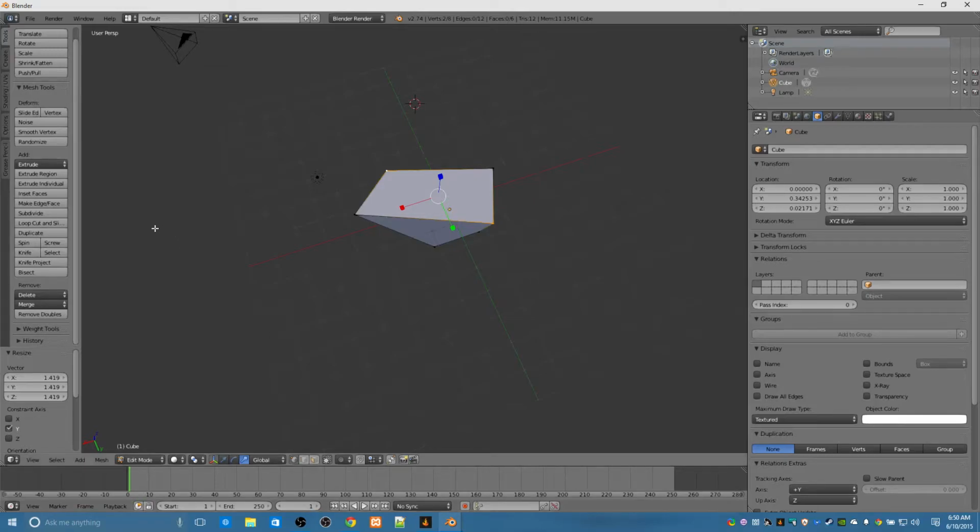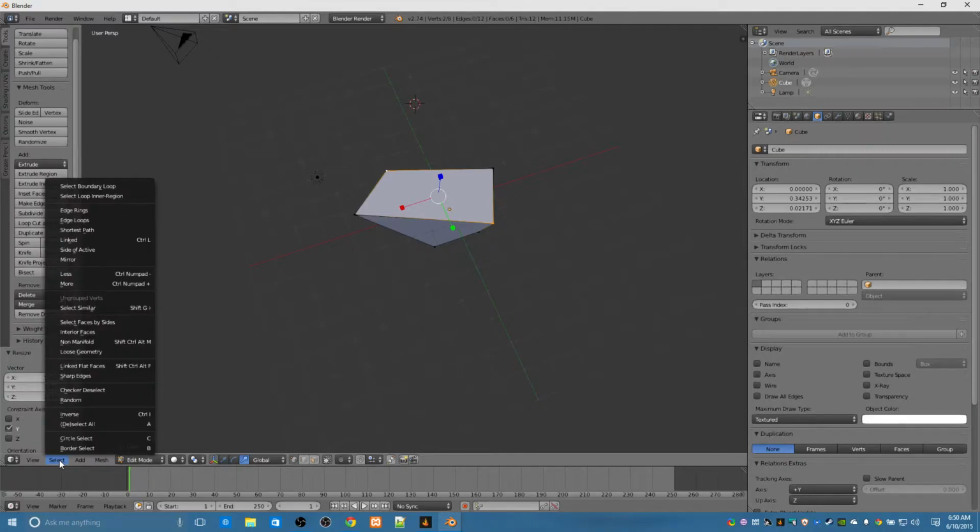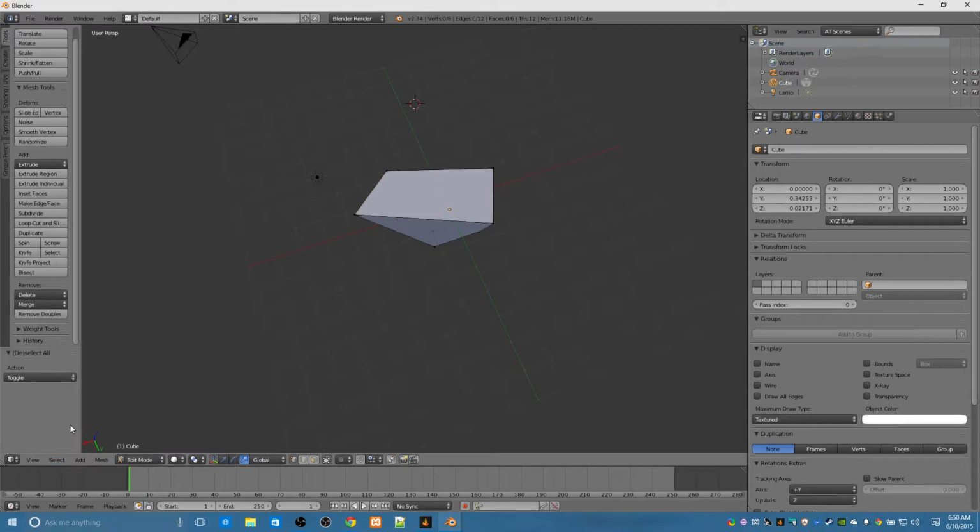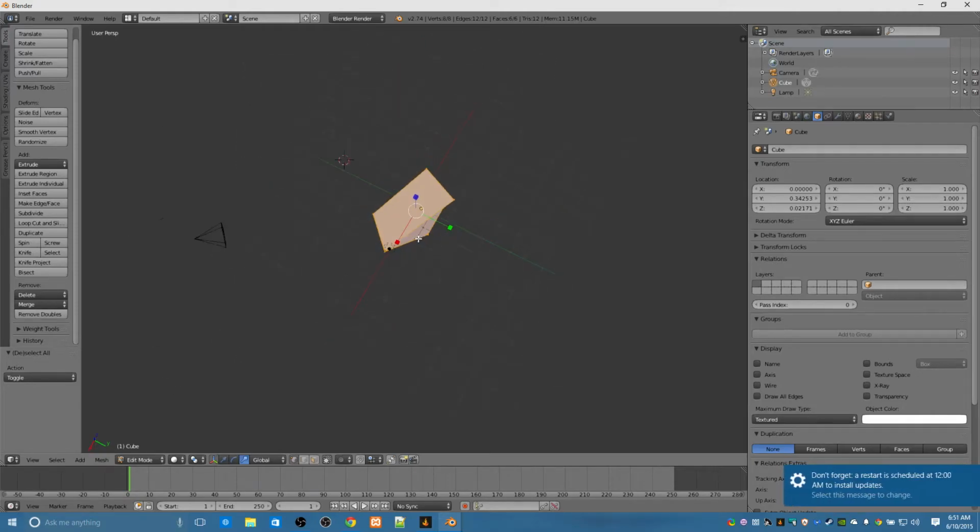Alright, so we're going to do select, and we're going to do select all, which, okay, that's A. Just like that. Once you get the whole object selected like so, and don't worry about this bottom. This bottom's always been weird like that sometimes. That's good. So now we're going to do knife,